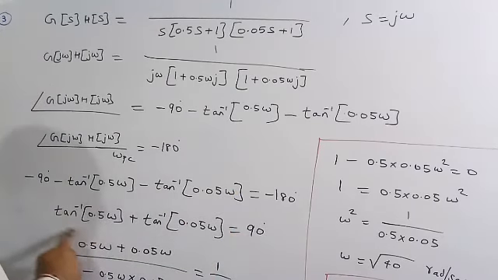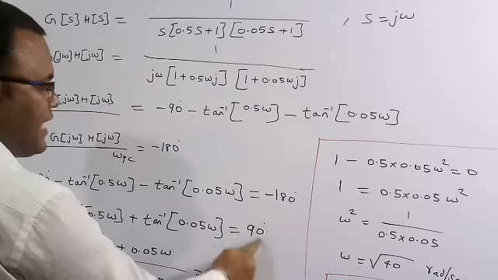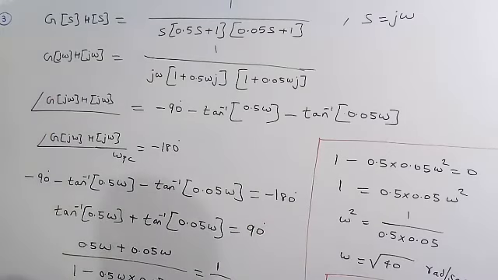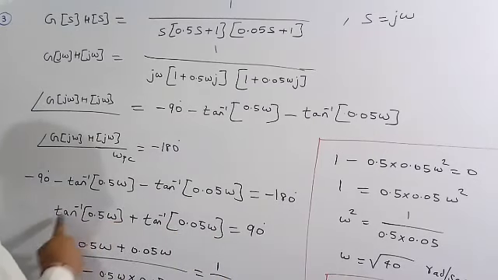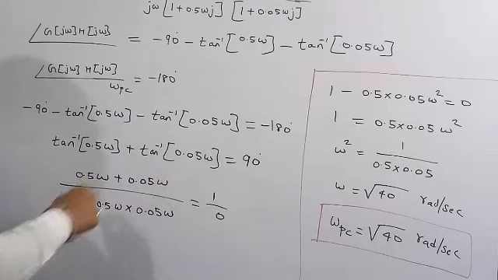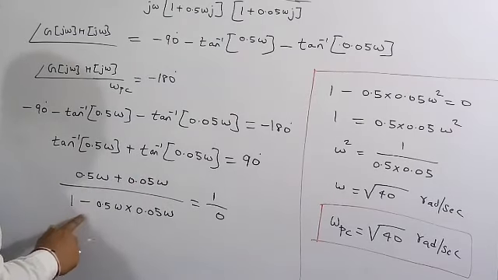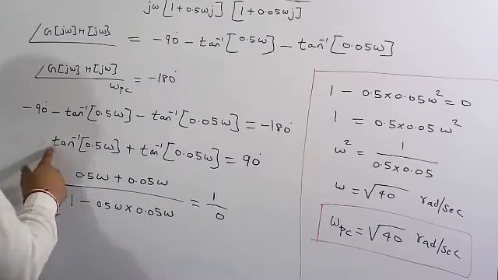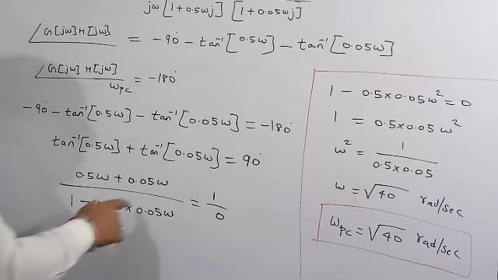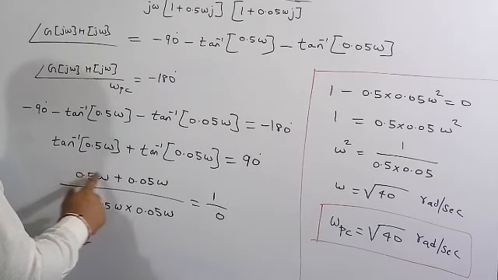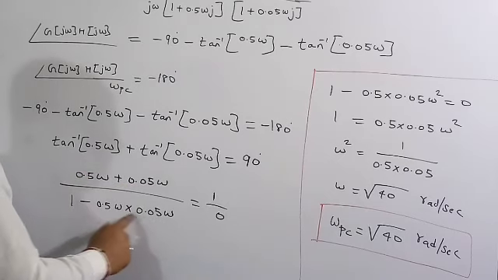So this is an angle, and this is an angle, and this is also an angle. So what I am going to do is apply the tan on both sides. This is angle 1 and angle 2, meaning tan A plus tan B, meaning tan of A plus B is equal to tan A plus tan B by 1 minus tan A into tan B. So tan of tan inverse will get cancelled and only the angle part will come outward. And similarly here also: tan A plus tan B by 1 minus tan A into tan B is equal